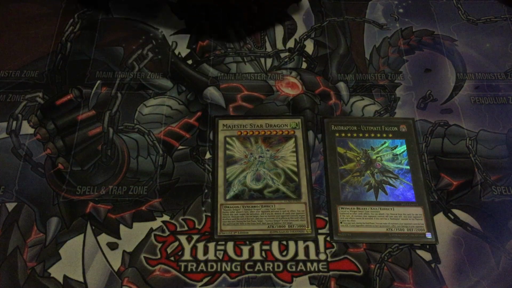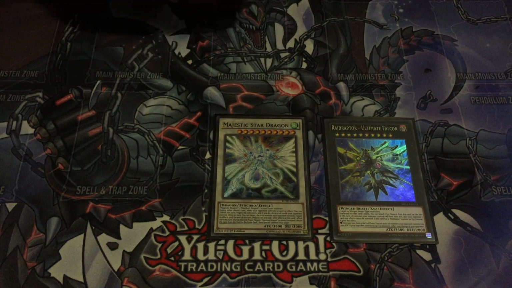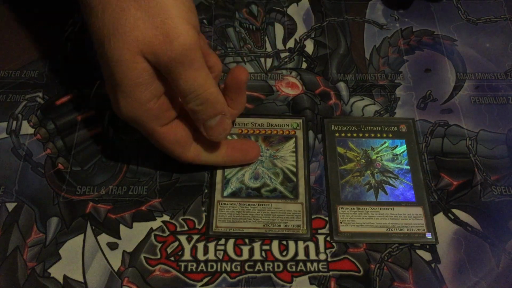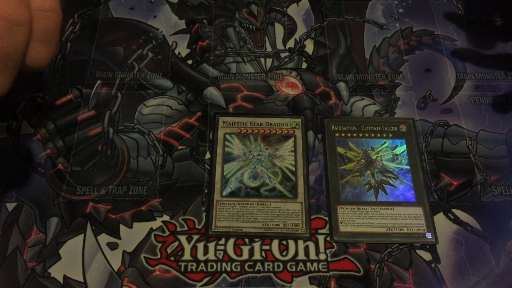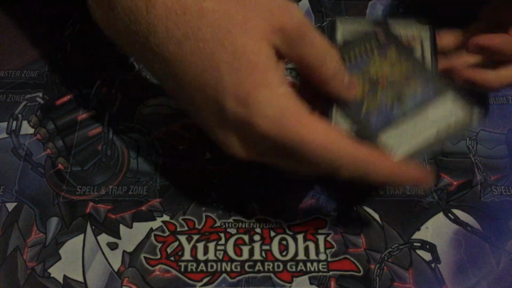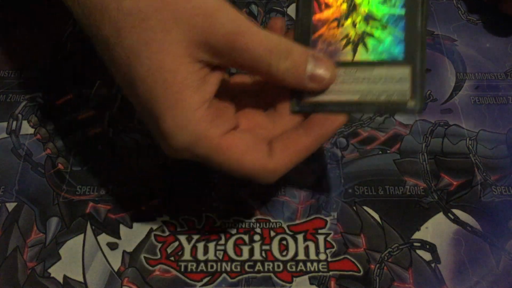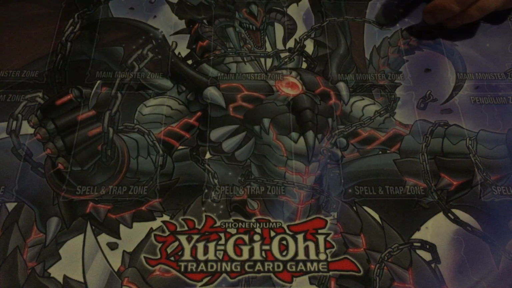With these 2 against the FTK, this was the only card that I thought would be good because I could set Waking the Dragon. If they hit it, I summon this, and then for the rest of the duel they have to worry about a negation board wipe. So I thought that was really interesting, and also the Ultimate Falcon just because Sky Strikers suck. But yeah,